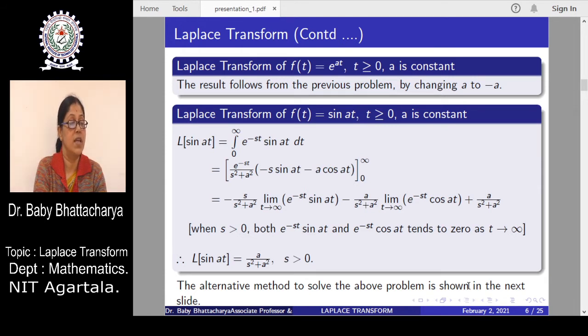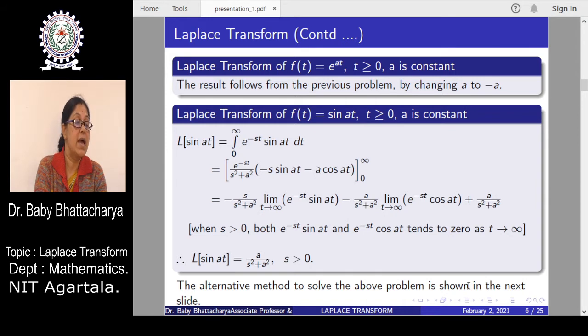So applying the formula, the integration gives us e to the power minus st, whole divided by s square plus a square, into minus s sin at minus a cos at, with limits from 0 to infinity. Now we consider minus s upon s square plus a square times the limiting value of e to the power minus st sin at as t approaches infinity, minus a upon s square plus a square times the limiting value of e to the power minus st cos at as t approaches infinity, minus, for the lower limit 0, it would appear as a upon s square plus a square,